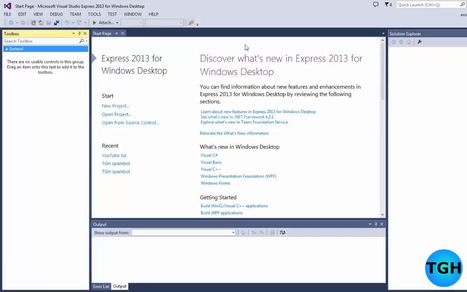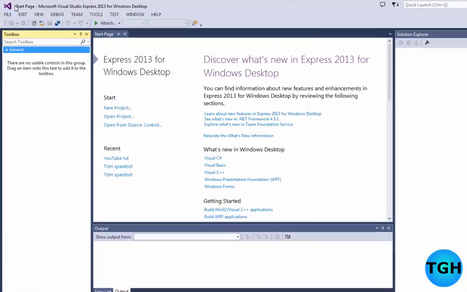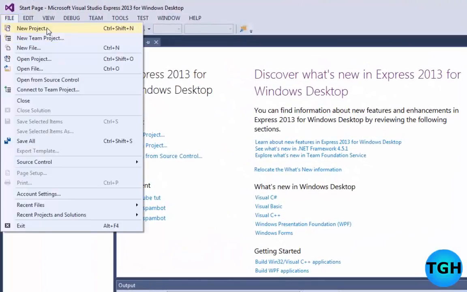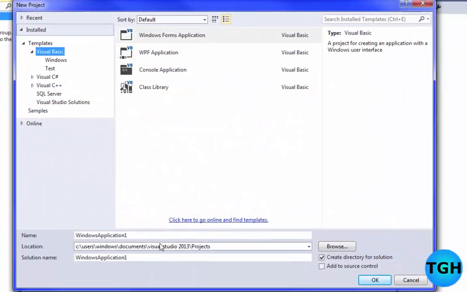Alright, so today, obviously we're back in Visual Studio 2013, and I'm going to be showing you how to use the progress bar. So we're just going to hop into this by going to File, and New Project. You guys know how to do this. You can name it whatever you want. I'm just going to name it